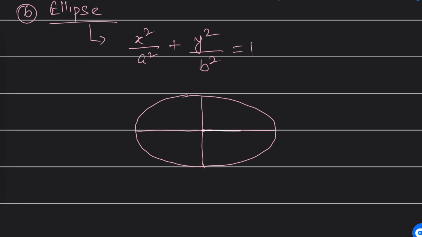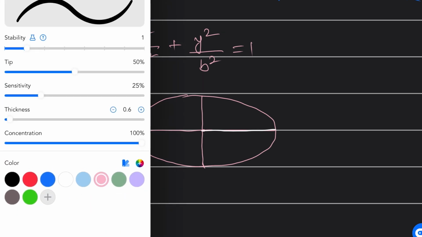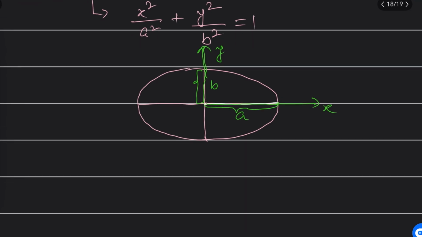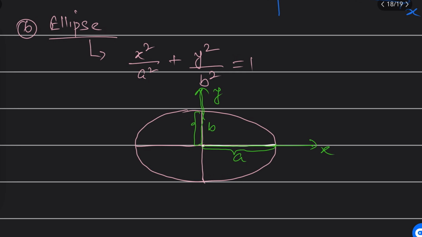See, this is the radius of, wait a second, let me change the color. I'm saying this is a, because along the x axis I wrote, that's what the intercept is going to be, a. Along the y axis, this intercept is b. From here to here it is b, from here to here it is a. Hope it is clear.